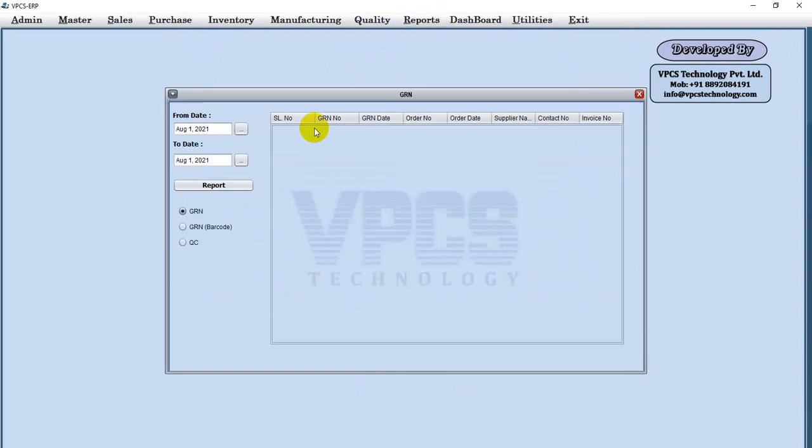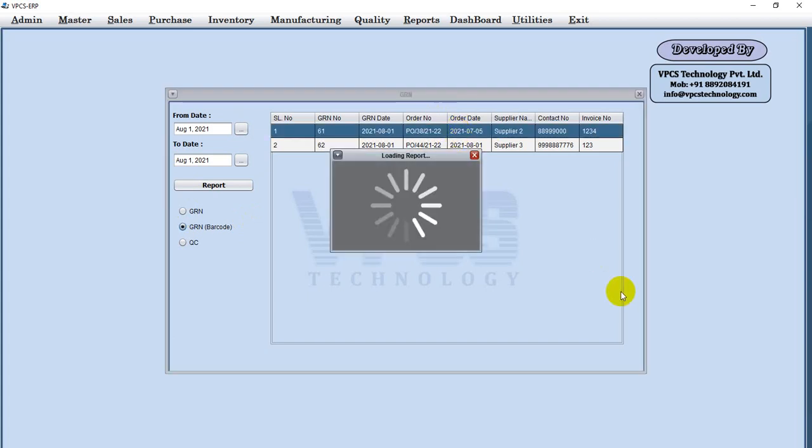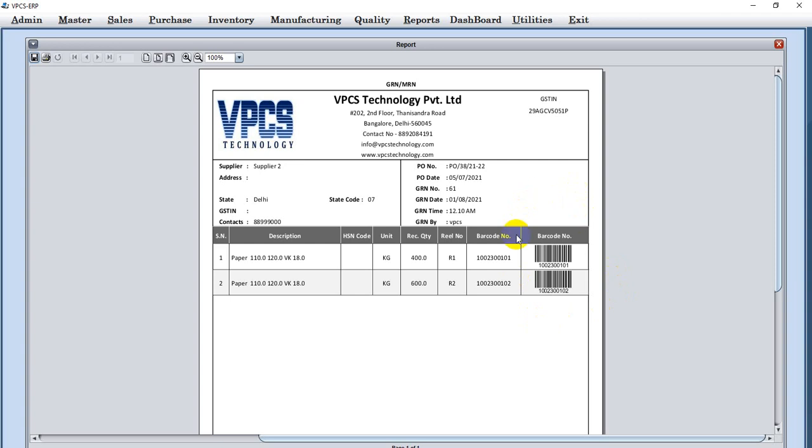Inventory, GRN report. I will select GRN report. It's barcode. Okay, the system will automatically generate the barcode for each reel, and here are the reel details. Okay, reel numbers are R1, R2, weights are 400 kg and 600 kg.